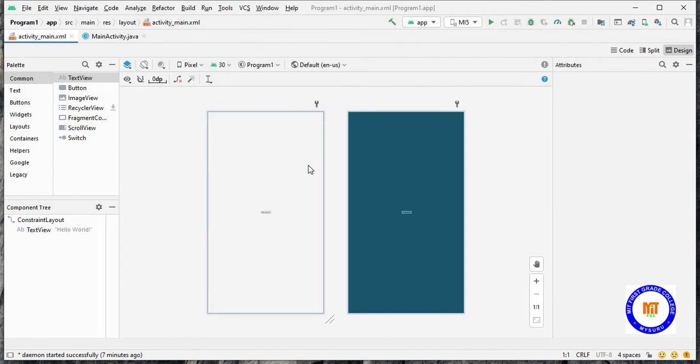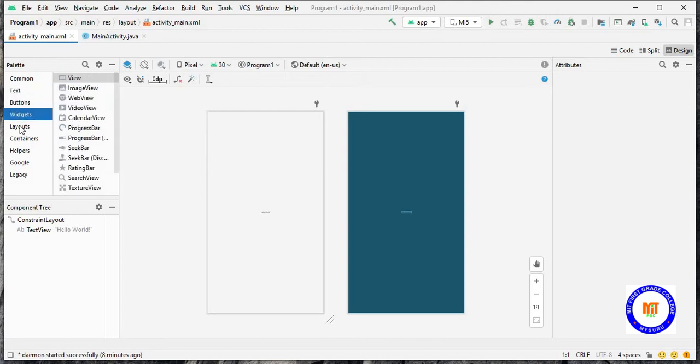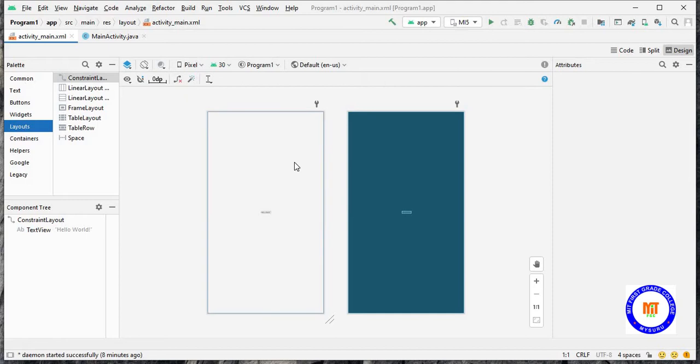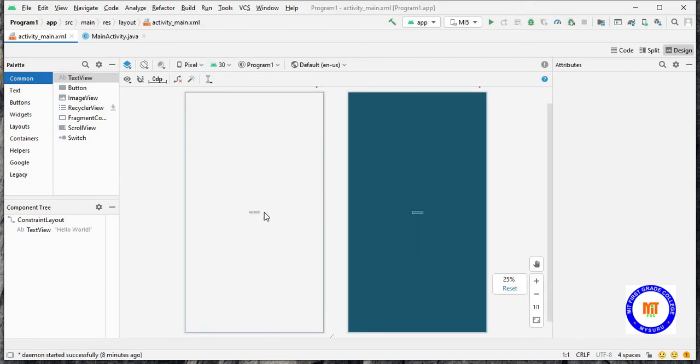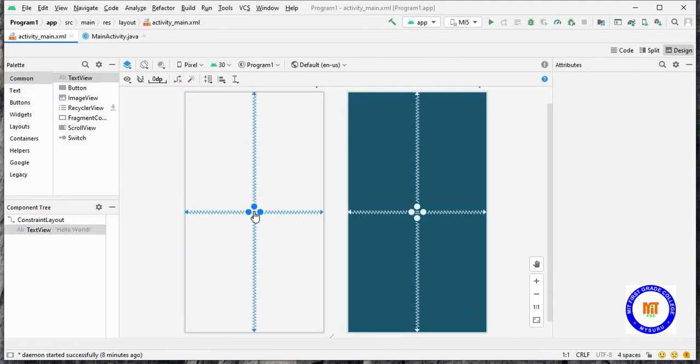This is the login program where I'll be accepting username and the password and check if it is correct. For that, in the XML file, you'll be having a palette which consists of views. So these are the views which can be used in your application by just dragging them here. So to this area, if you drag then you can use it in the application. So by default, I'll be having the text view. So this is the text view.